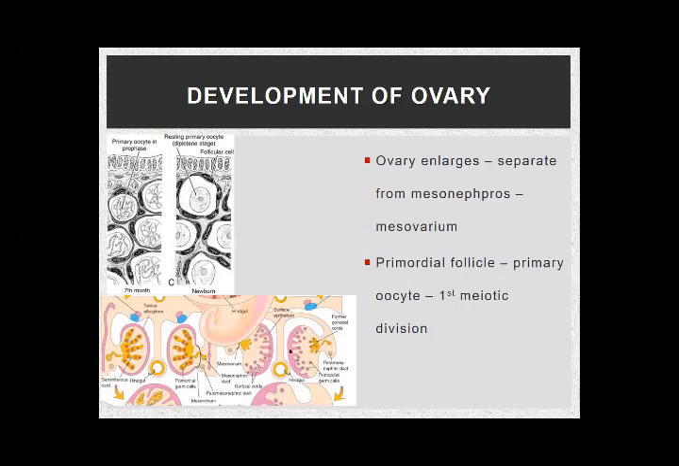Now as this ovary enlarges, it separates out from the developing mesonephros. As it is separating from the mesonephros, it remains attached to the posterior abdominal wall by these layers of peritoneum. This develops into the mesovarium. So the mesentery of the ovary, by which it is attached to the abdominal wall, is the mesovarium. Okay? Now this primordial follicle, after it undergoes the first meiotic division, it gets converted into